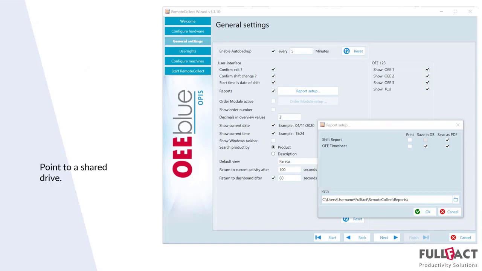Be aware that if you have defined this, it's a lot of work to maintain, because you're going into different categories of standstills and different categories of activities that you define and assign to OE1, 2, or 3, and your TCU. But it can be very useful to waterfall your performance and OE of your machine and production line. Okay, thank you.